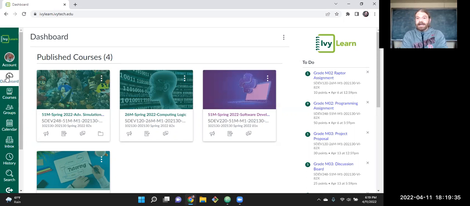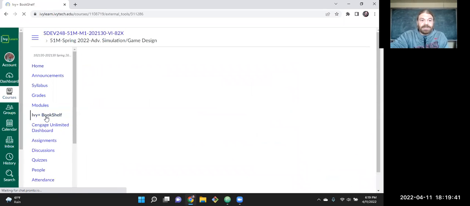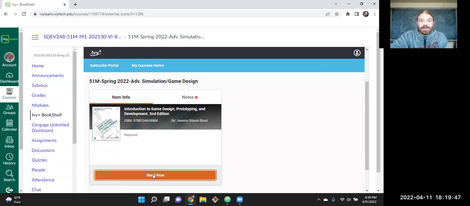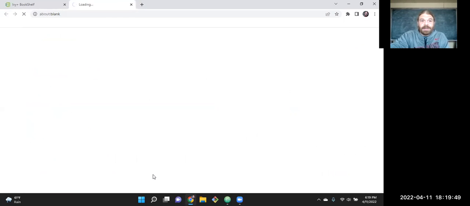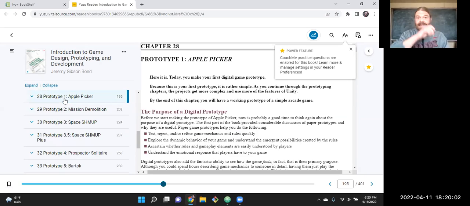So next thing, I wanted to show a useful little tool here, which relates to our first project. I'm going to go over to the book. I believe everybody's already seen the homework. If not, the programming assignments are the examples in the textbook, where we just kind of walk through something. Our first one is this apple picker.